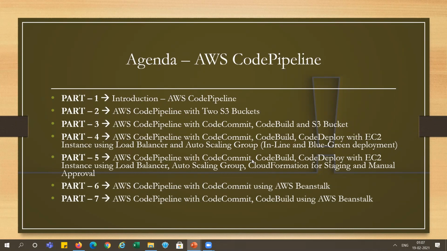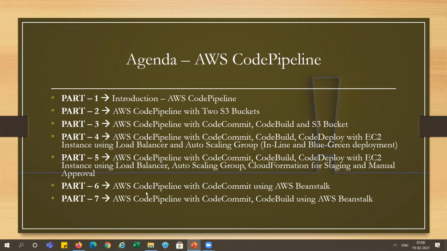And later I will add some more things in that part: CloudFormation for staging environment creation. After creating the staging environment, we will add the manual approval step. If it is approved, then the stack will delete the staging environment. So it means when a user checks in the code, a staging environment will be created, and after approval from the manual step, it will remove this staging environment, reducing the cost in AWS. And after that, it will deploy to production.